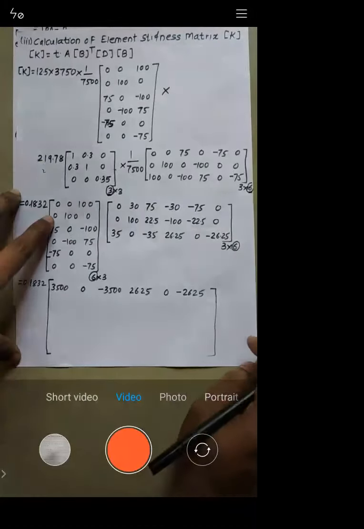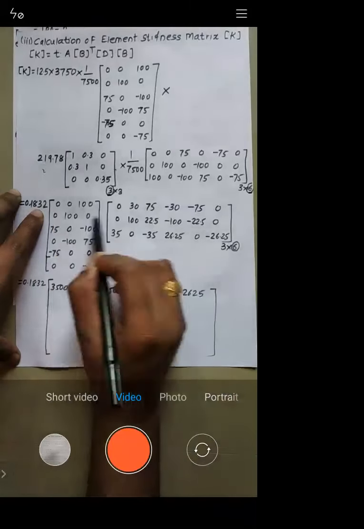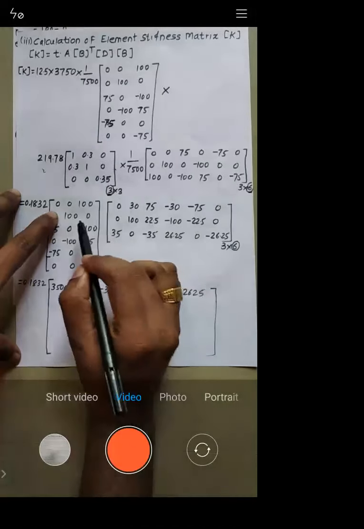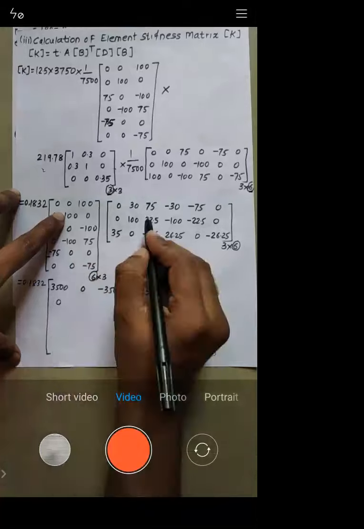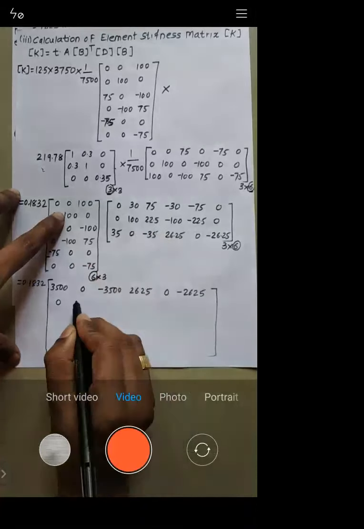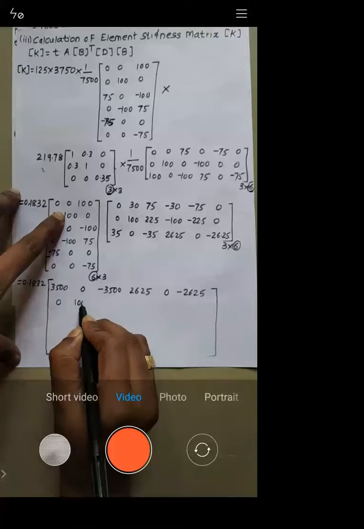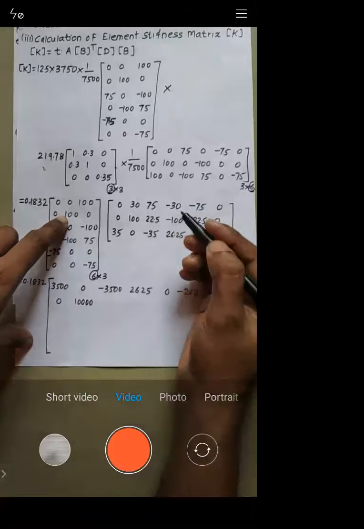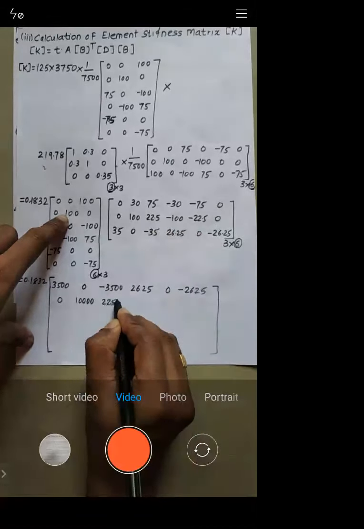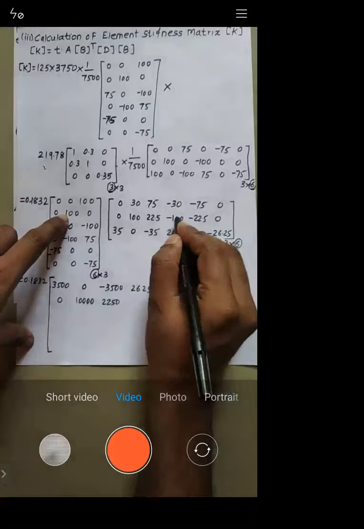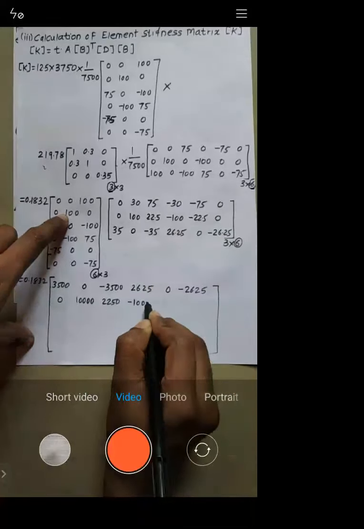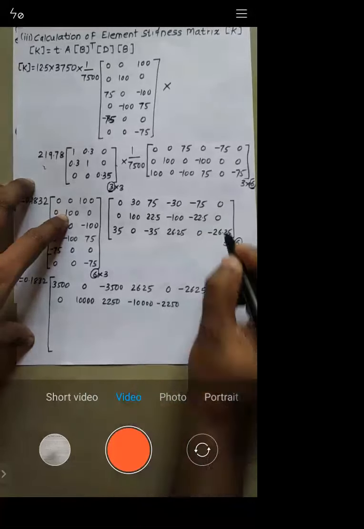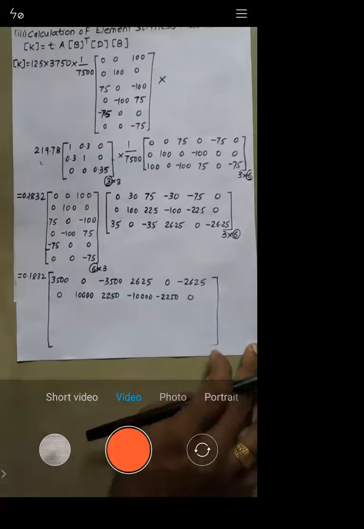Right. Now starts with this one. This row into this column, right? First term and last term are 0. So this into this will be always 0. So again, 100 into 0, it's 0. Now 100 into 100, you will get it as, how much you will get? 100 into 100, 10,000. Right? Now 100 into 22.5, how much you will get? That is 2250, right? Next, 100 into minus 100, it is minus 10,000, right? 100 into minus 22.5, that is minus 2250, right? And 100 into 0, it's 0, right?